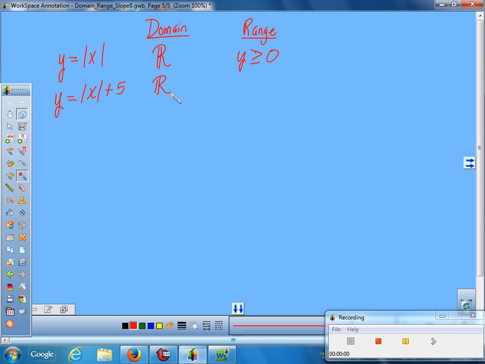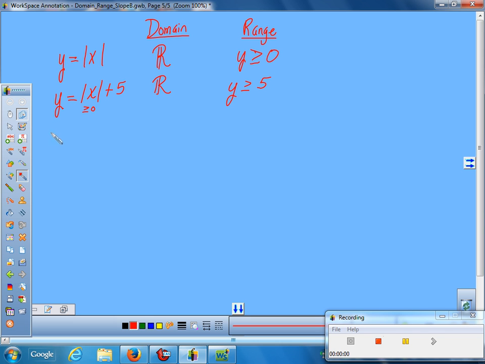I got y greater than or equal to 5, is that what you're saying? Yeah, because this part we already said is going to come out greater than or equal to 0, but then it says add 5 more on. So it's going to be greater than or equal to positive 5, because it went 5 more up from that. You wouldn't have to be 5 plus 5, so that'd be 10, right? No. This part is 0 or bigger, add 5 more on. 0 plus 5 makes you bigger than 5.